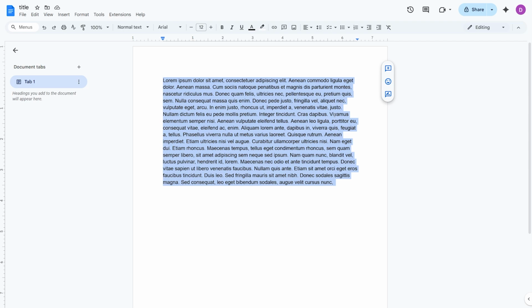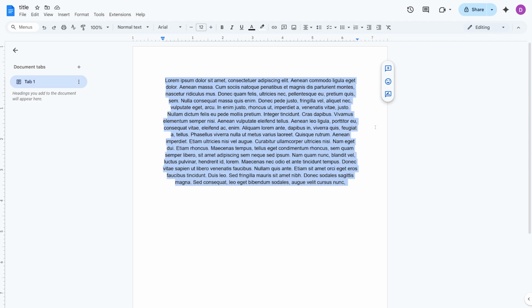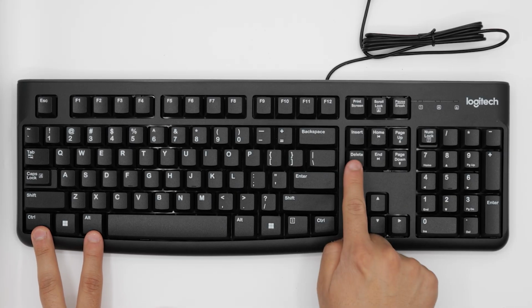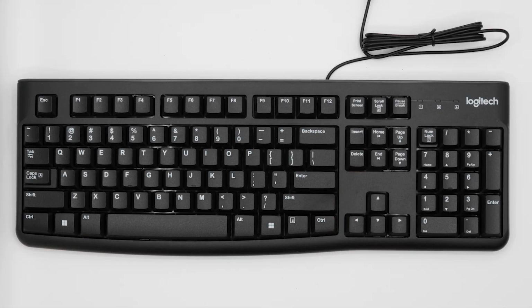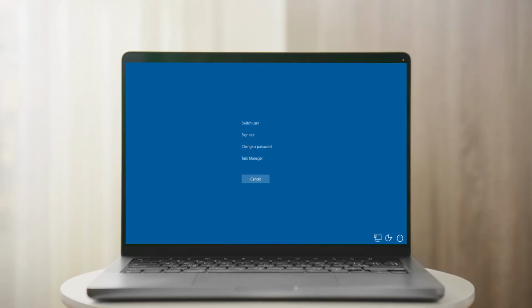It's not unusual to combine many button presses at the same time to get a unique effect. For example, Ctrl and Shift and E can center text in a document. A very important combination that may help you if your computer is having problems is to press the Ctrl, Alt, and Delete keys at the same time. This should interrupt what your computer is doing and bring you to a screen like this.